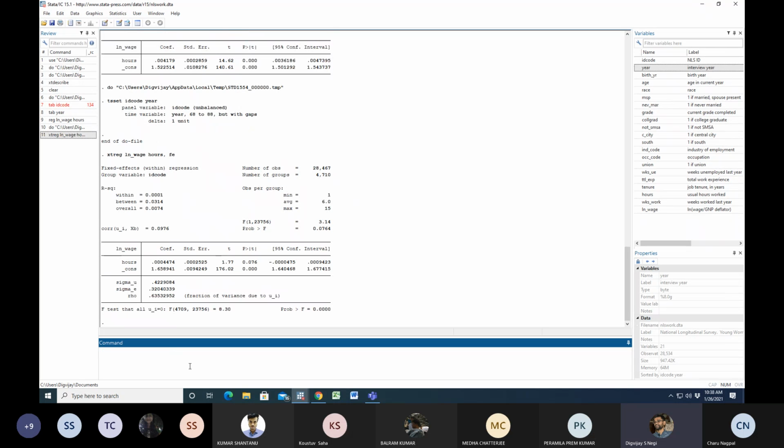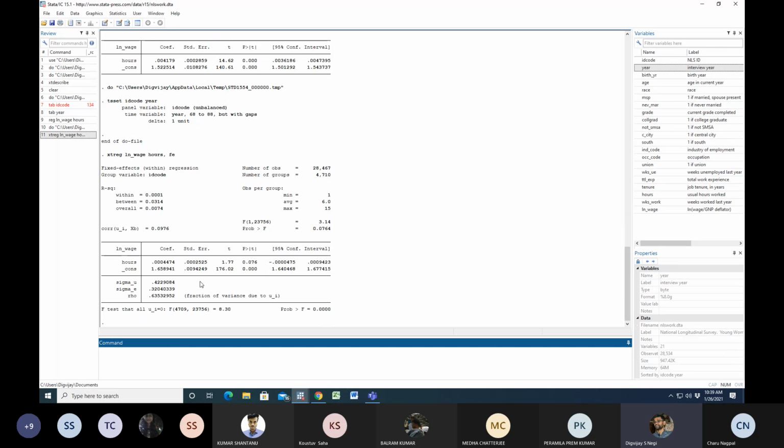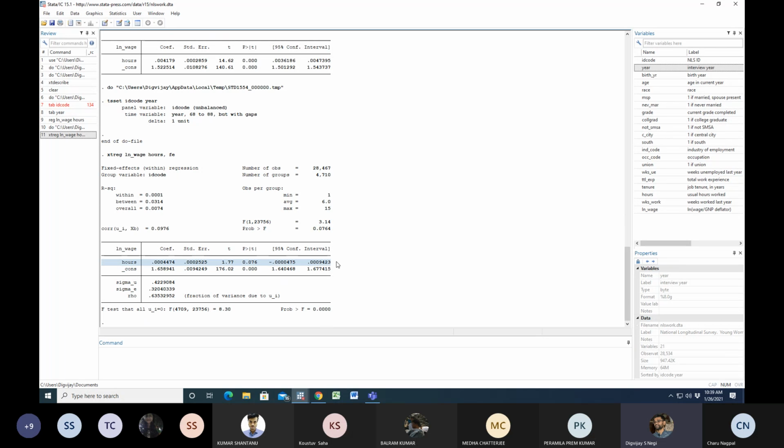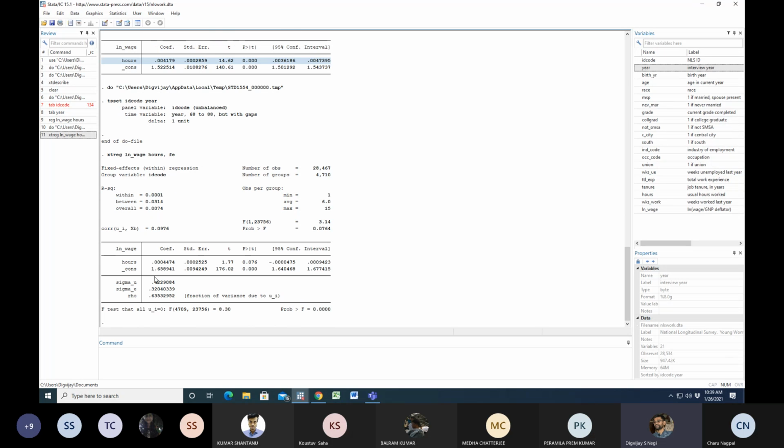When you do this, you have this kind of output, similar to what we had when we did a simple OLS. But before I talk about anything else, notice what has happened to this coefficient now. This was the coefficient when we didn't account for the fixed effects, when we didn't demean our data. This was the coefficient and this was the statistical significance. Now notice what has happened.